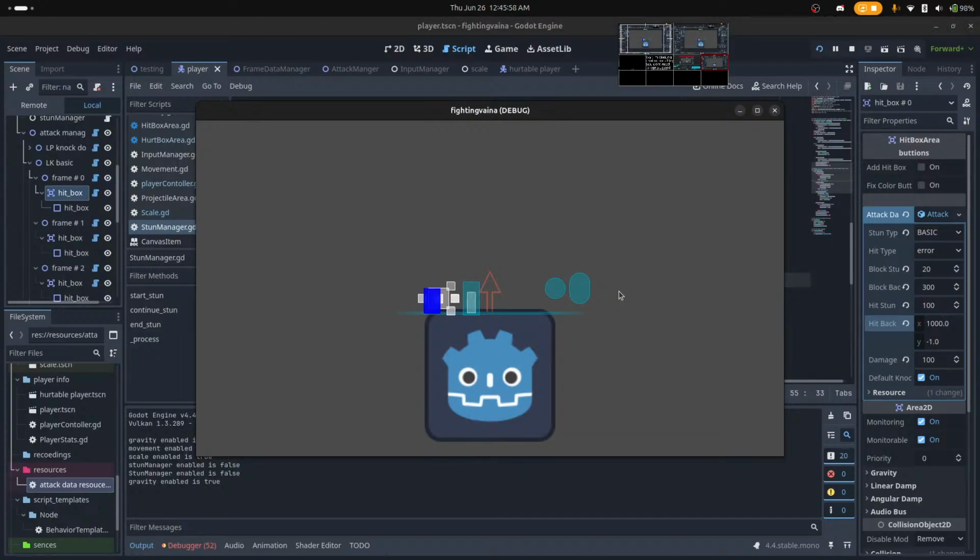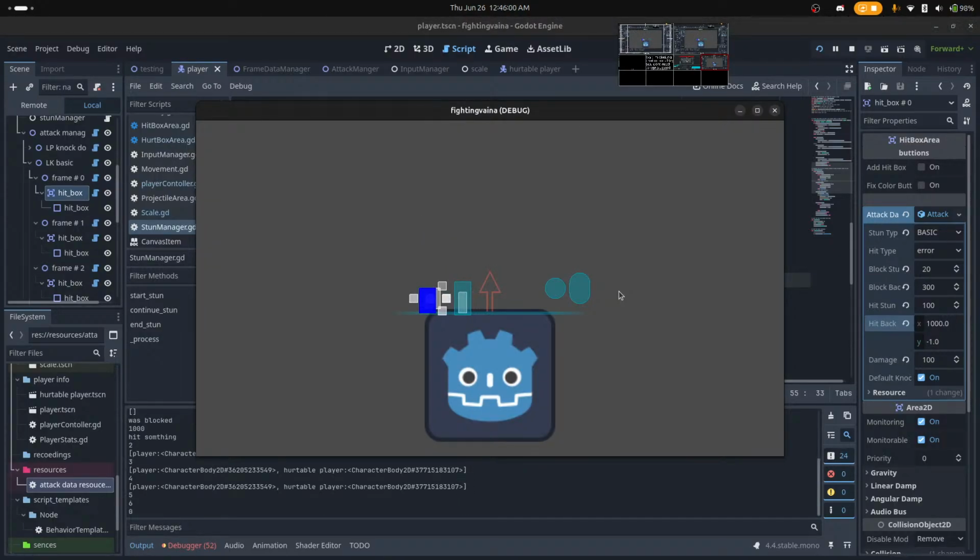Is it the same code? It's not dealing damage, which is good. It's saying it was blocked. We hit something technically still.